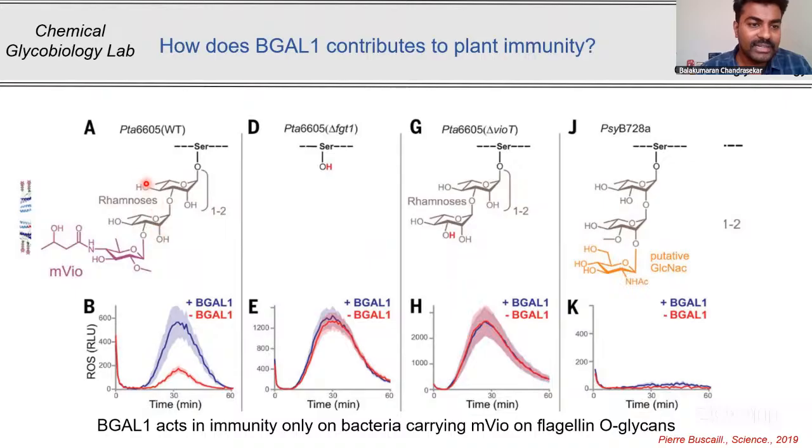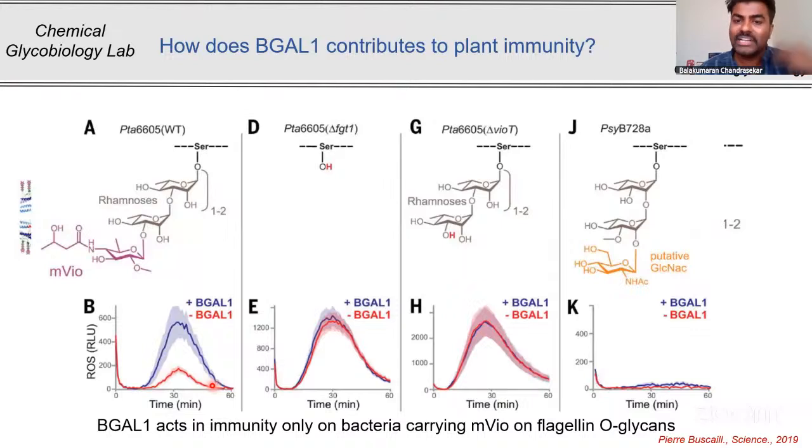So here you can see that this is a wild-type bacteria, and when you don't treat it with enzyme, you see a very small response over here. This is also very interesting because this particular wild-type bacteria does not produce an inhibitor. When it is not producing an inhibitor, and you have apoplastic fluids which do not have the overexpressed B-gal but the endogenous B-gal, we were still able to see a small burst because the bacteria is not producing an inhibitor. As a result, the endogenous beta-galactosidase enzyme has released the particular elicitor. Thereby we are seeing a small burst.